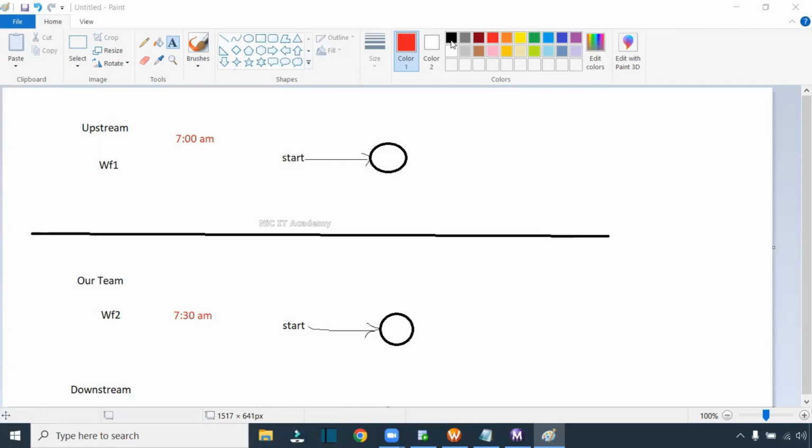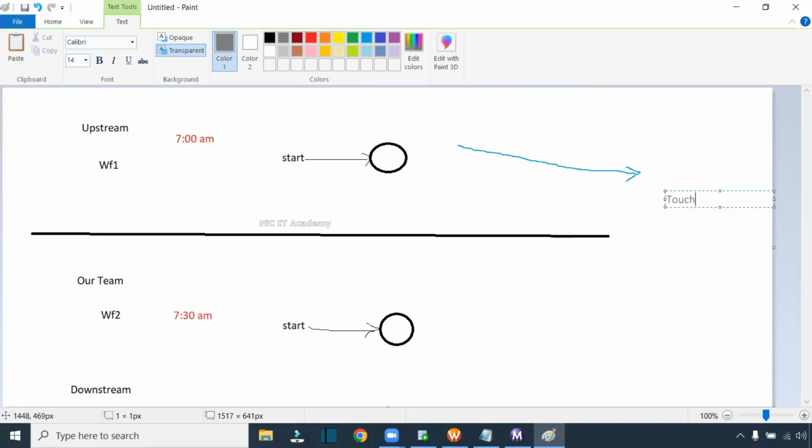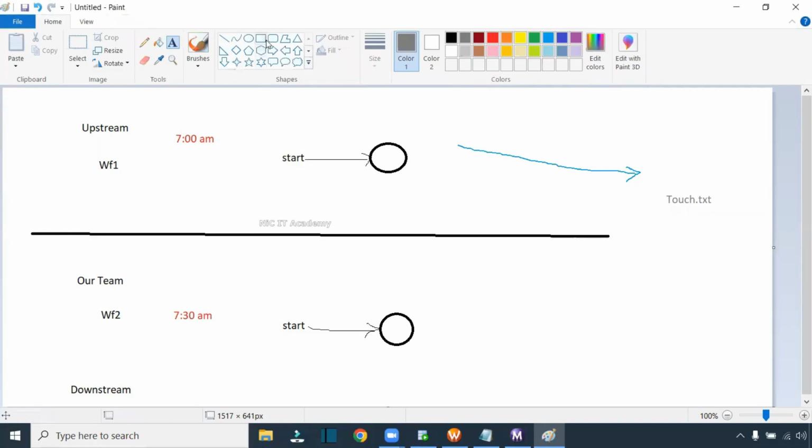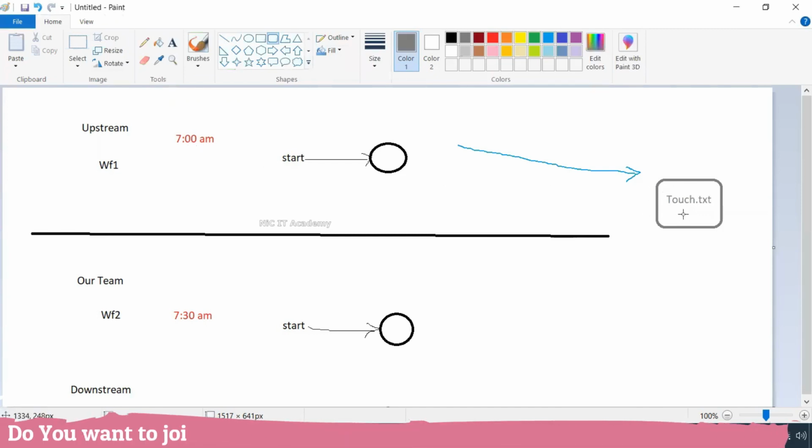We have the touch file concept, right? Once this particular workflow is completed, we will make one touch file here. We will generate a touch file common to both of us. Assume that we are creating one file called touch.txt. Just a file we are creating here. Once the file arrives, we assume that they have completed their workflow. So even if it is 7:10, 7:05, 8 o'clock or anything, if the file comes, then we assume that okay, we